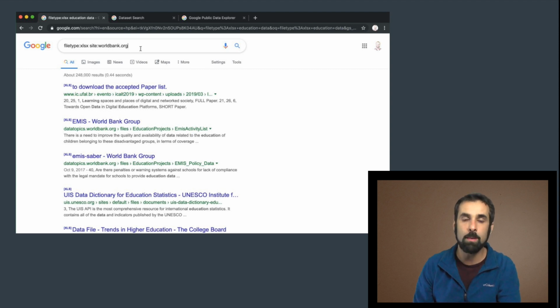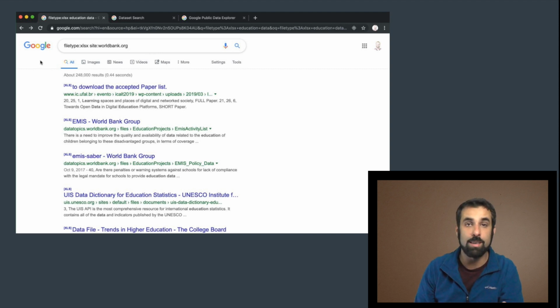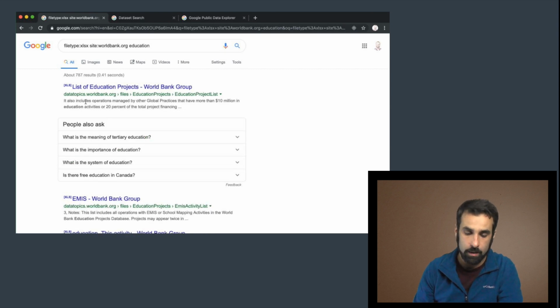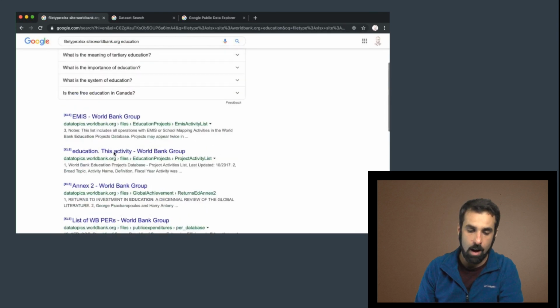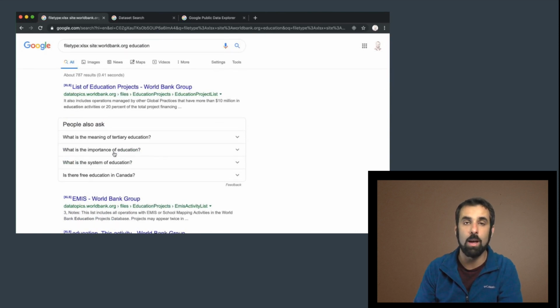So what's going to happen now is that Google will look for spreadsheet files on the World Bank domain, worldbank.org. And then if we select a topic that we might want to search about, for example, education, and hit enter, then Google will give us a list of files about education or that have the term education in them. There are spreadsheet files, but only on the domain